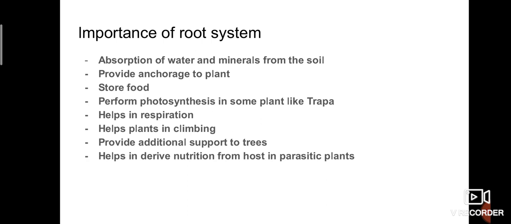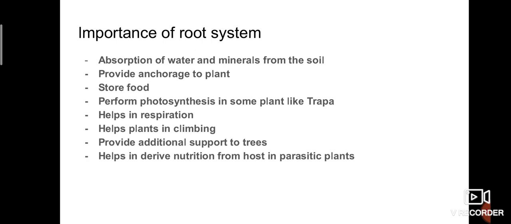So we know that photosynthesis takes place only with the help of chlorophyll. So these trapa plants having roots also have what? Chlorophyll. So with the roots having chlorophyll, the photosynthesis also takes place, and it helps in the respiration. So we have seen in marshy land, mangrove forest, they are called breathing roots, isn't it? Breathing roots, another name is pneumatophores. So we found these type of roots in mangrove forest.